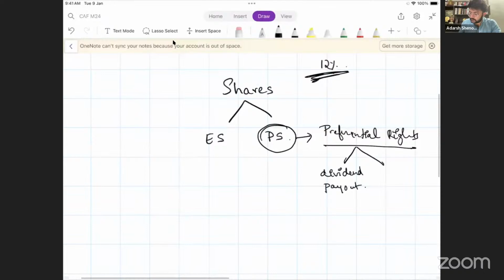Then the second one is repayment of capital at the time of winding up. So winding up means liquidation. So when the company is being closed, the capital will be repaid to all the capital holders, owners, shareholders. So when the company is closing down, what the company does is they sell off all the assets,